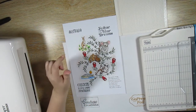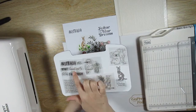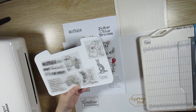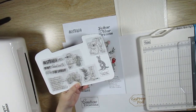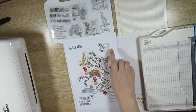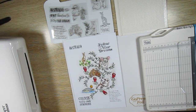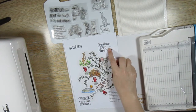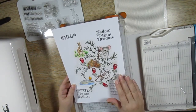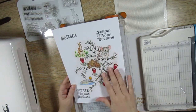I've used the sweeping plains fair dinkum stamp, and I have also used the sweeping plains four horizons stamp. And these 2 sentiments are also from a previous Couture Creations collection. This one is called the My Secret Create Your Sunshine stamp, and this one is called the Peaceful Peonies Follow Your Dreams stamp. To create the 4 cards, I need to cut the blending cardstock with this beautiful large image